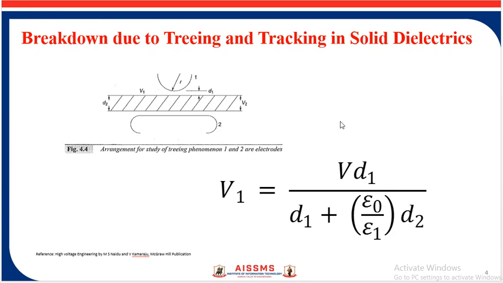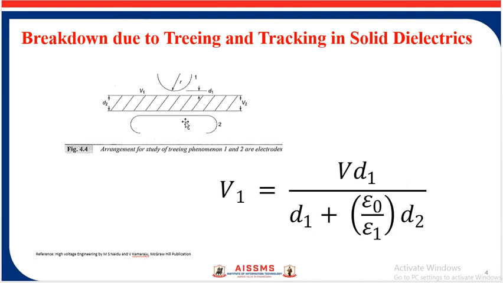Now consider a system of solid dielectric having a conducting film and two electrodes on its surface. In practice, the conducting film very often is formed due to moisture. On application of voltage, the film starts conducting, resulting in the generation of heat, and the surface starts becoming dry. The conducting film becomes separate due to drying, and so sparks are drawn, damaging the dielectric surface.